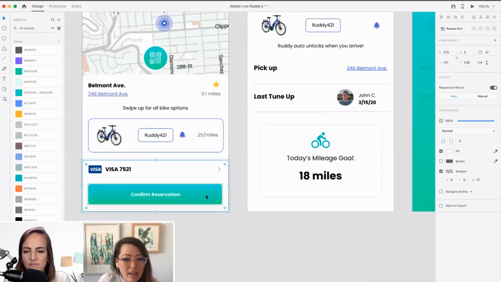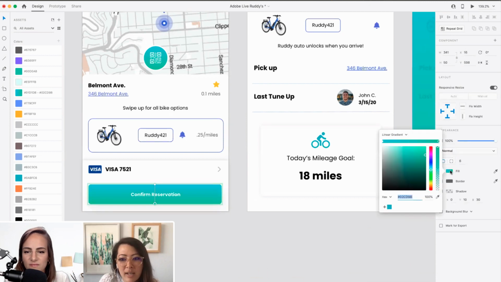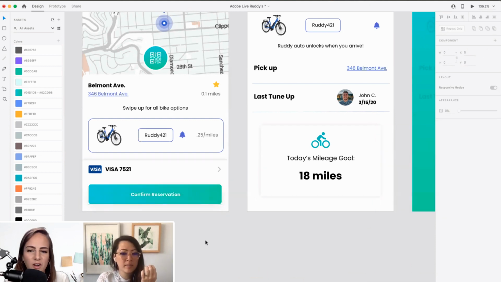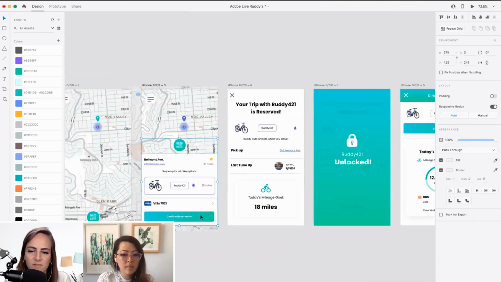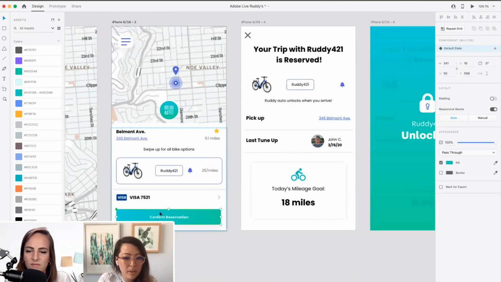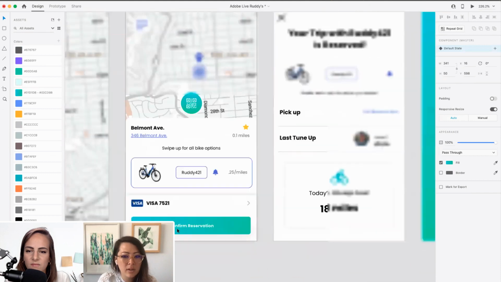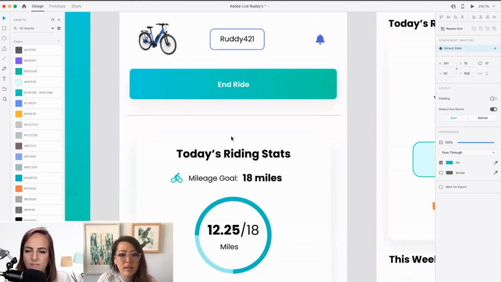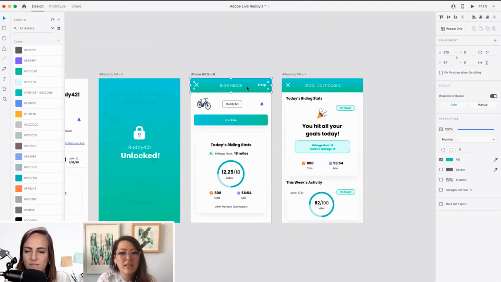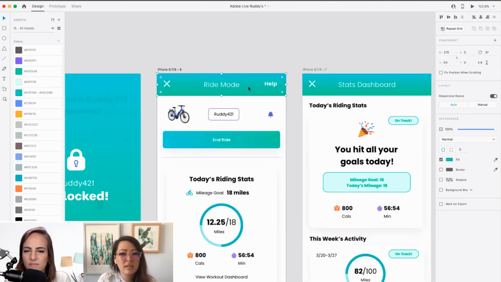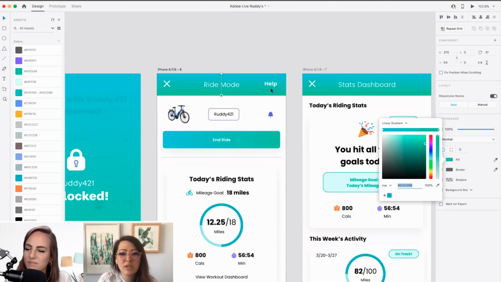It's funny though, because I'm not sure if I'm liking this gradient. I think I would prefer if the button was like this, with this kind of gradient here. Gradients are hard on buttons. This should be the master component, so hopefully it's reflected here. Yeah, here too. It's feeling a little, I don't like it so much.